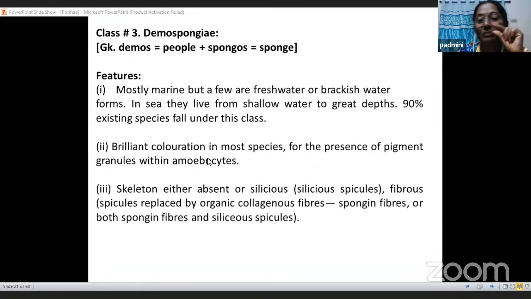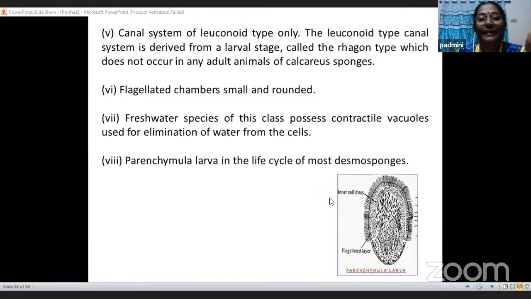For example, the corals that you use, the pagadam, they say, right? Yeah, the pagadam comes from these sponges. So we use all those different colored stones from these sponges. Skeleton either absent or siliceous. It can be siliceous, fibrous, and spongin fiber, or both can be present. Canal system: what is the type of canal system they have? They have the leuconoid type of canal system,